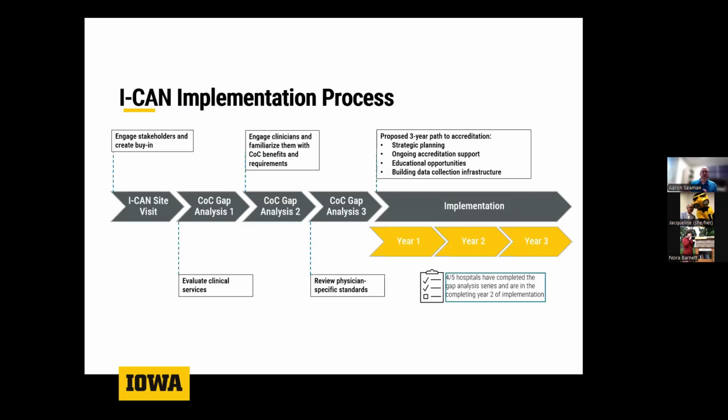So we did that across a long implementation process that started with a site visit at each of the hospitals, where we went and spent a day meeting with folks and talking about our plans and our thoughts for what McCann had done and how we could bring that to Iowa, and getting their thoughts on what might be possible and useful for them, what their cancer programs looked like. Then we conducted a series of gap analyses